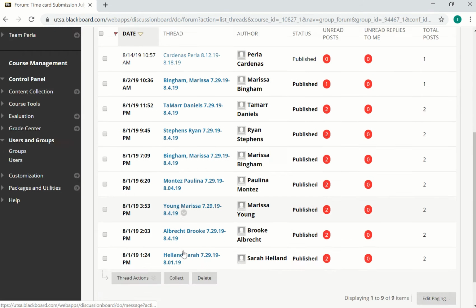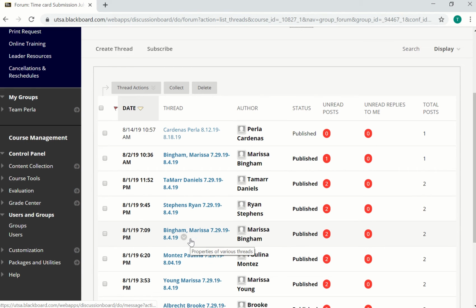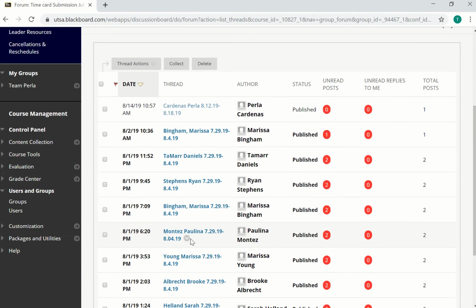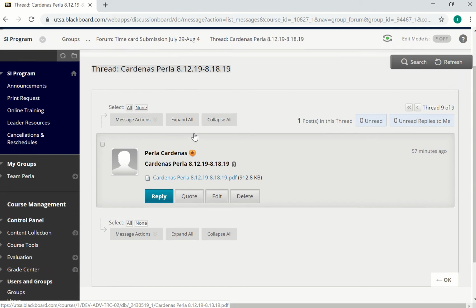And then here you're going to see all the time cards that have been submitted by the SI leaders. One thing you want to check is that they're following the directions on the discussion board. So all of the thread titles should look the same. That's one thing you want to note down if they do not have the proper format for the thread name. You'll click on their post and check the file to make sure that it has the correct format name. So it is last name, first name with this week range that follows the week that